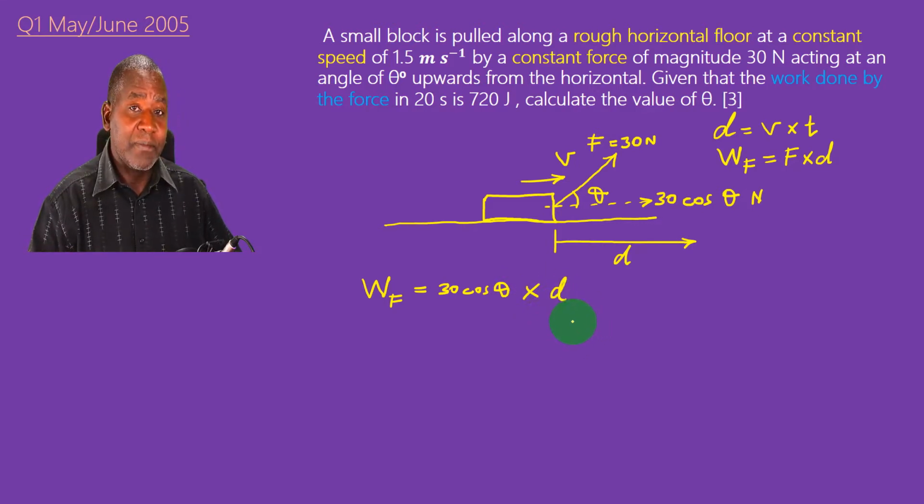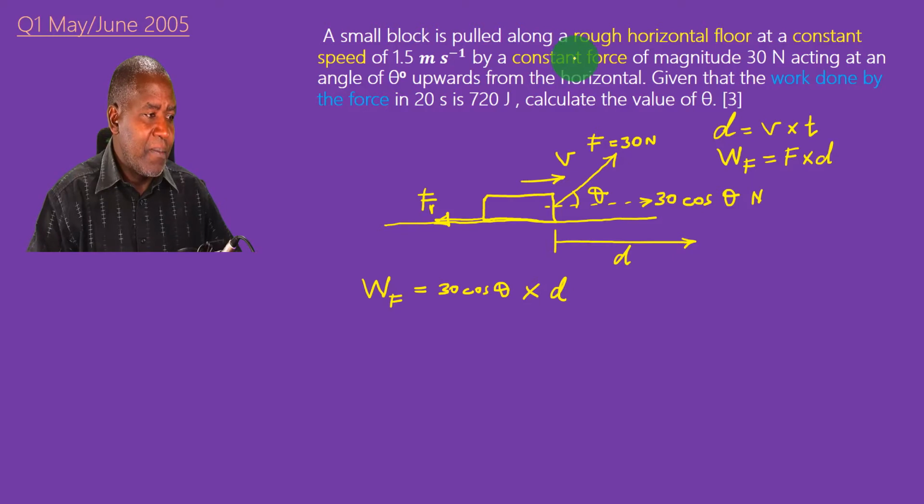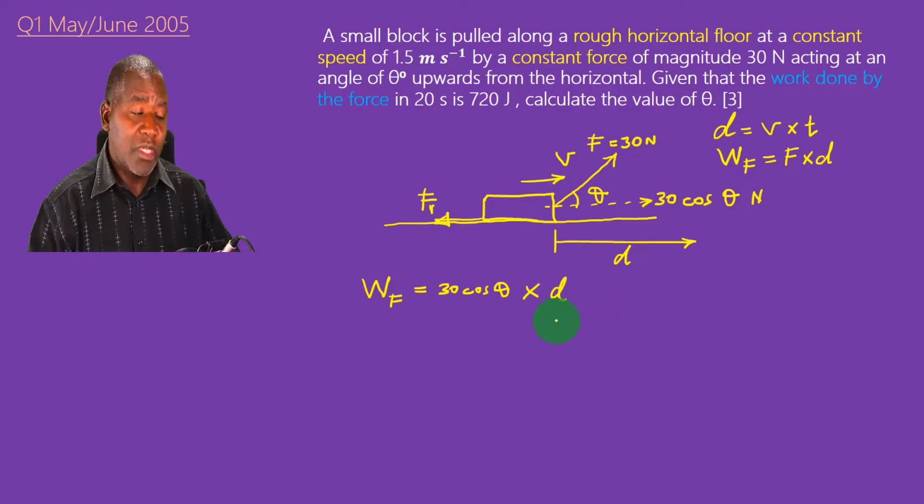And you can see by analyzing what various aspects of the question mean, even if there was this friction force here, this is one of the questions whereby we've been told that it is rough, there is friction force, but we are not going to use it